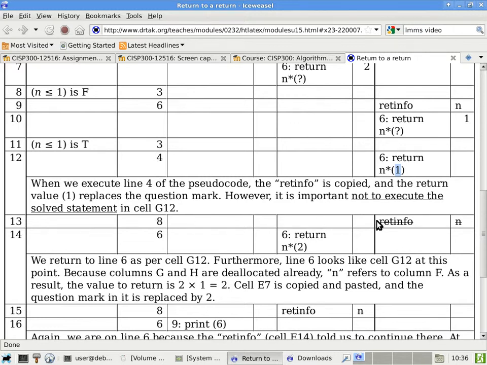On line 8, what we do is we deallocate the 2 columns that we allocated for that invocation. And then we go back to line 6. But when we go back to line 6 of row 14 of this trace, line 6 will look like this at this point because we have resolved what the invocation is returning. So that's why we are executing line 6 as return n times 1 when we get back to row 14